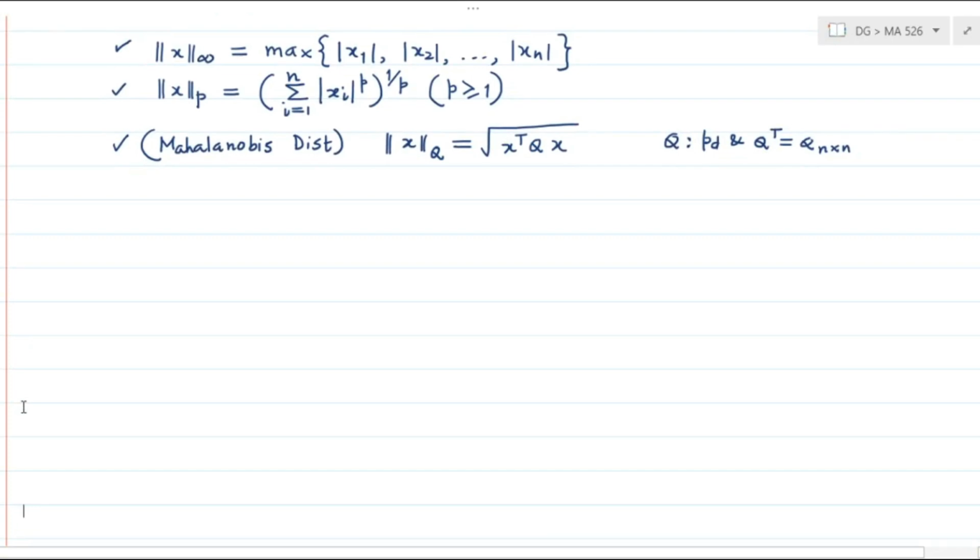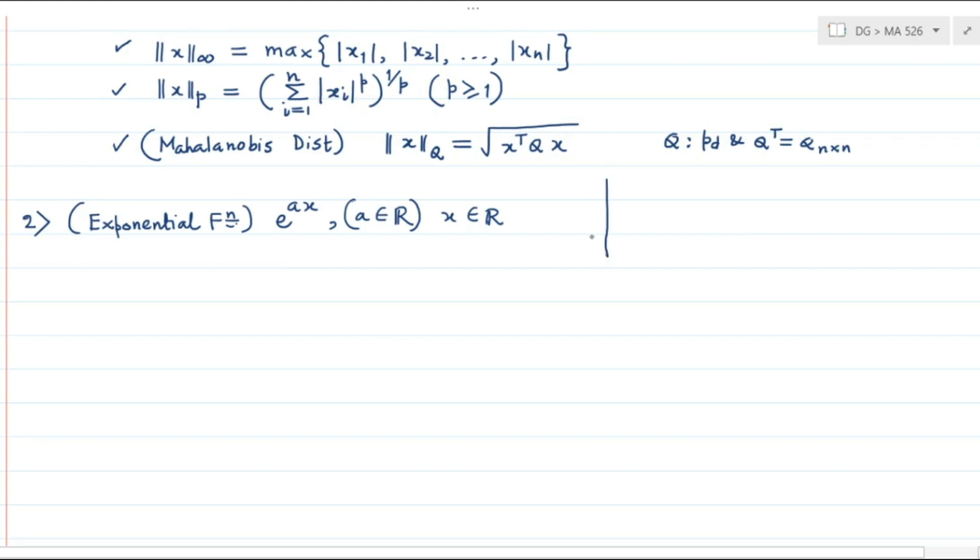Let me consider a few functions of one variable. Quickly, let me consider the exponential function e to the power ax for any a you take in R. This function is a convex function, and that is a function of one variable we are considering here. So you can quickly just graph out and check. Checking convexity is not always an easy task, but for a function of one variable, just quickly graph out and